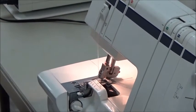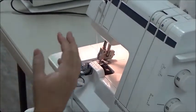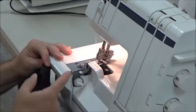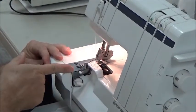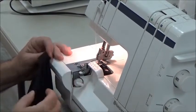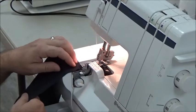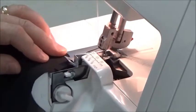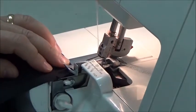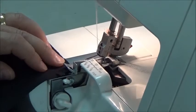When you start with the serger, you don't have to lift the foot up and down or anything else like that. The feed dogs will take the material right from you. This edge of your feed plate is where you want to mark your edge. That's where the blade that's going to come up and down is going to cut the material. Now, it's not like an actual blade. You really can't cut your finger on it. It'd be very difficult. But again, all you do is just hold your material there, line it up on the edge, and then press your